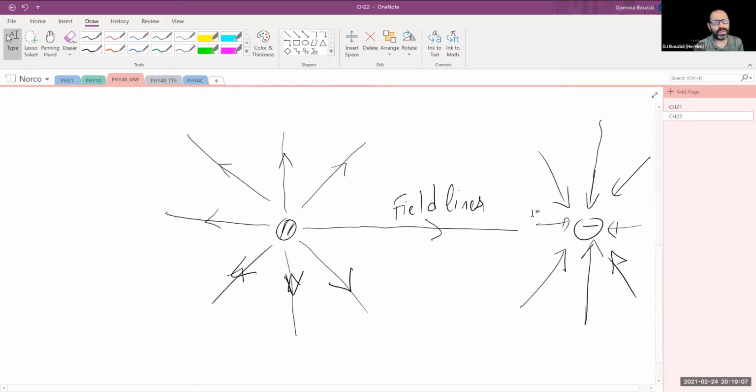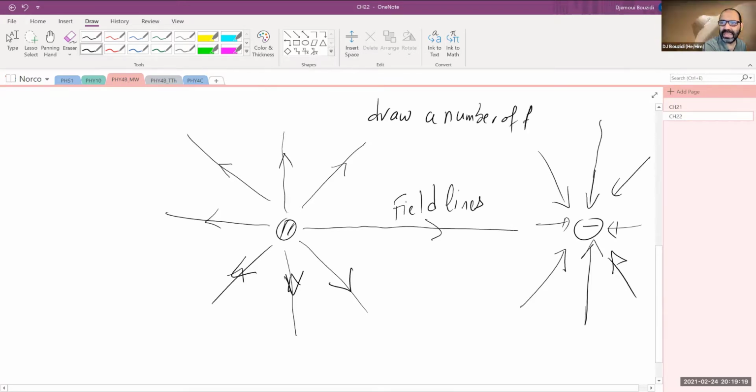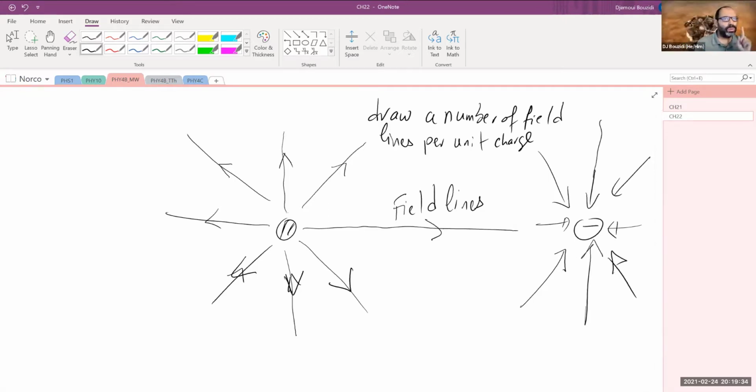How to compensate for what we lost to make it also clear? Here is what we do. We promise to draw a number of field lines per unit charge. So let's say, for example, we agree that we're going to draw 16 lines for 1 coulomb. So if somebody has 2 coulombs, we're going to draw 32 lines. Do you guys understand? If you only have half a coulomb, we're going to draw only 8 lines. Do you understand? So that is the convention, just to regain that